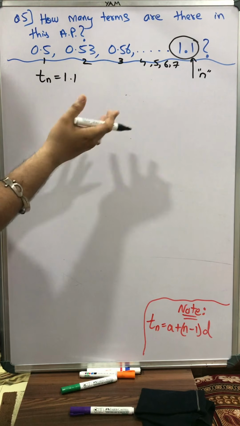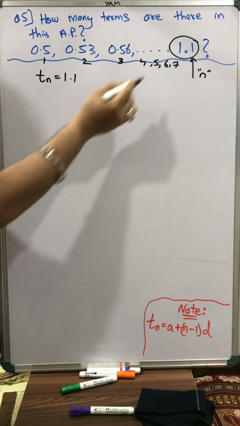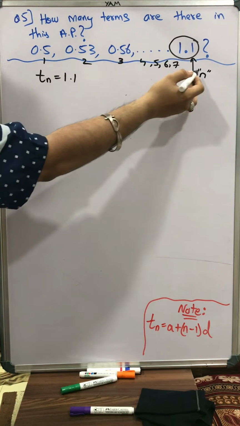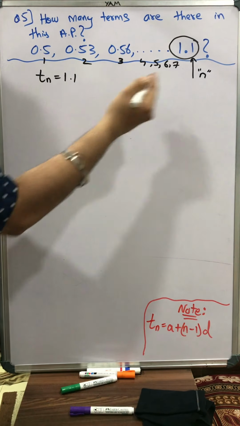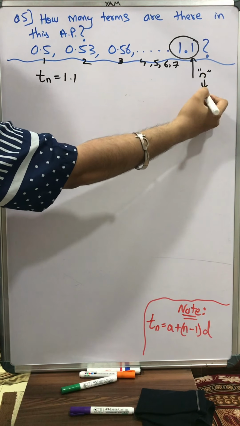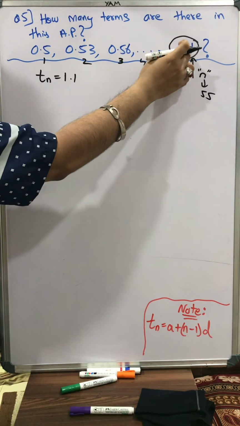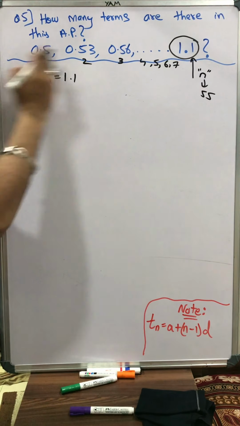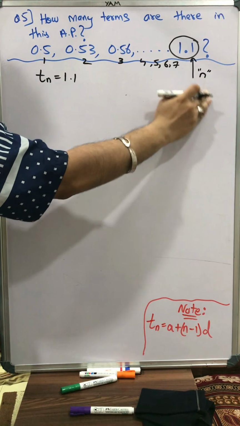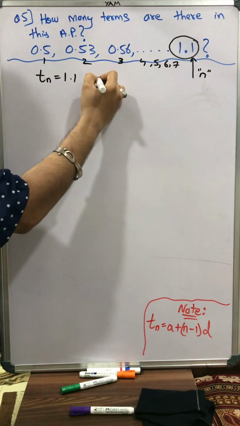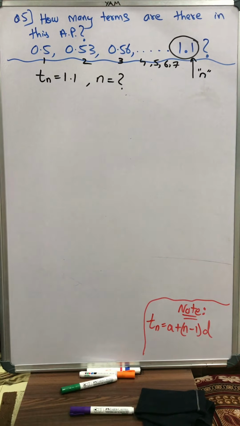We can easily get to know. For example, if I get to know that the value of n is 100, that means this 1.1 comes at the 100th position. So that means there are 100 terms here. If, for example, I just give an example, the value of n is 55, that means at position 55 we have the last term. That means starting from 1, we have 55 terms. Simple. So the question is the same. The value of Tn is 1.1 and we just want to know the value of n, at what position 1.1 is coming. Let's use this formula only.